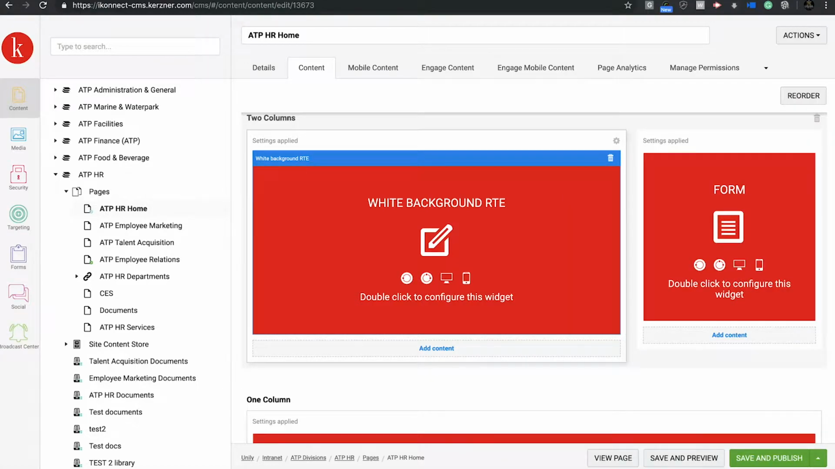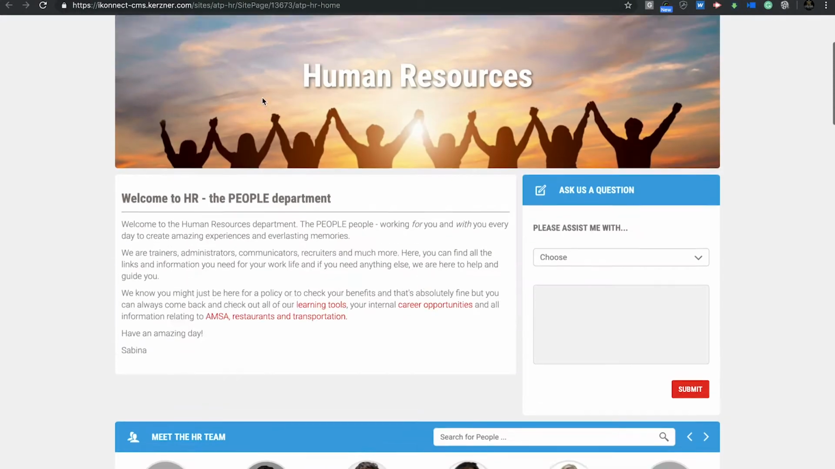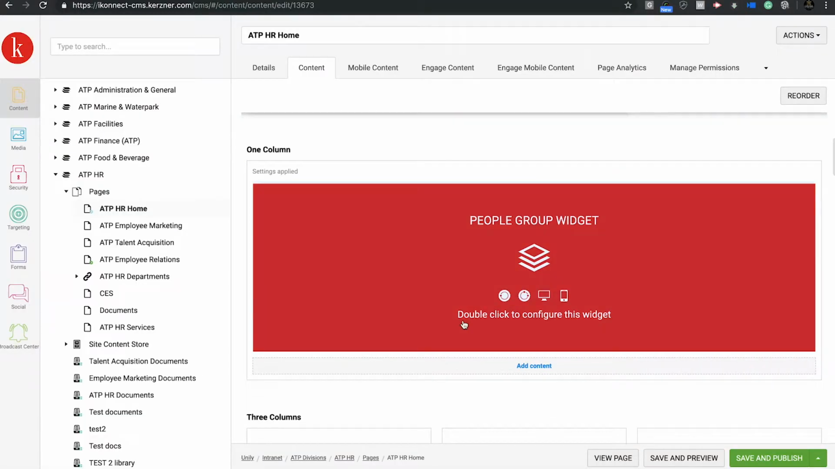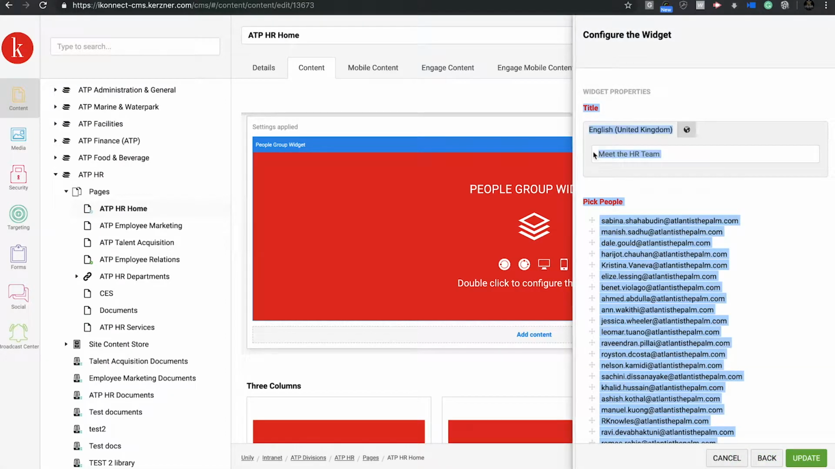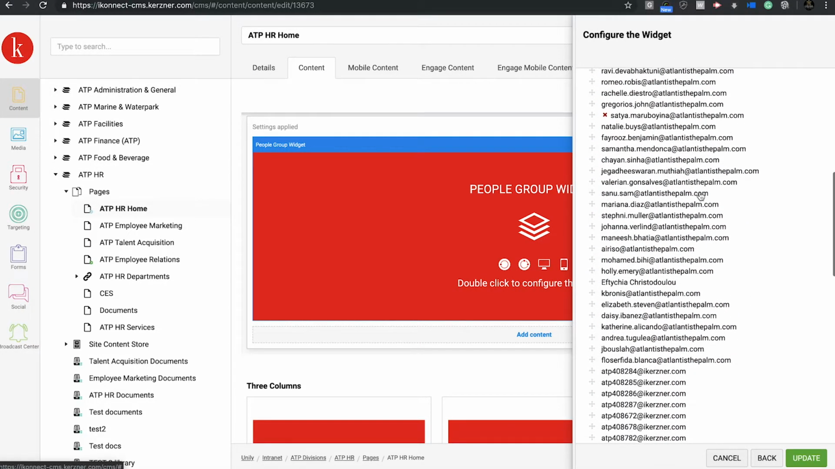Save and publish your changes before we move on to the next widget, which is the People Group widget. With this widget, you can add all the colleagues in your department. The system allows you only to find people through their name if they have an email address, and if they don't, then through their Atlantis ID number. Since everyone at Atlantis has already been loaded onto the system, you'll be able to find the name of your colleague. As before, add a title and simply click on the Add button to search for the people you want